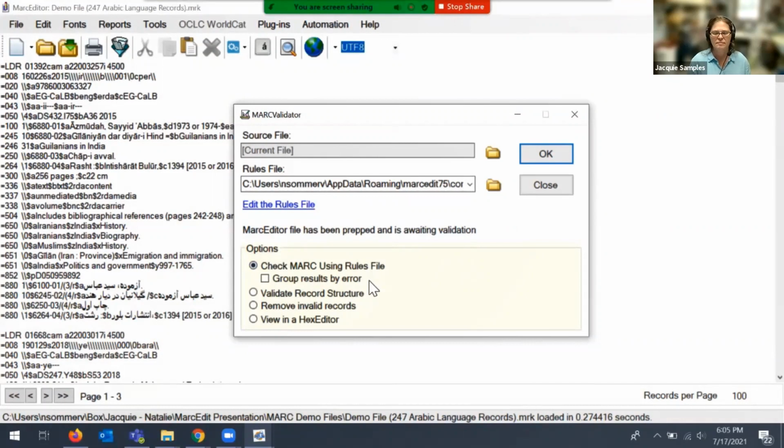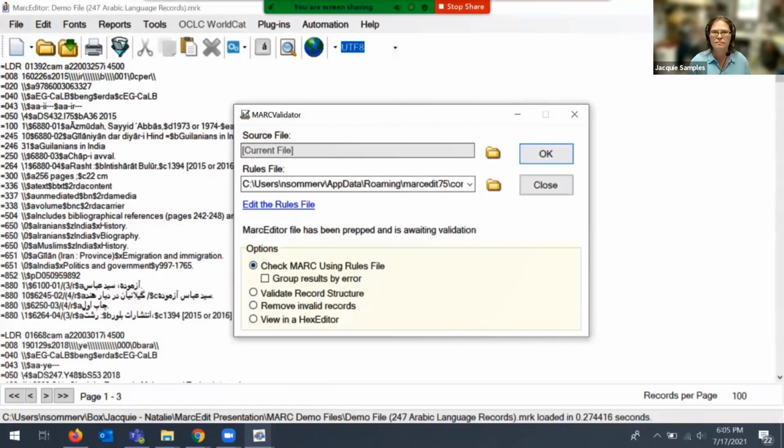I'll be honest and say I don't do this. Normally my files aren't large. The files that I'm working with aren't very, very large, don't contain too many errors. So it's not a hardship for me to look at errors ungrouped, but I can see that this might be very handy if you're working with an extremely large file and you foresee having a higher number of errors.